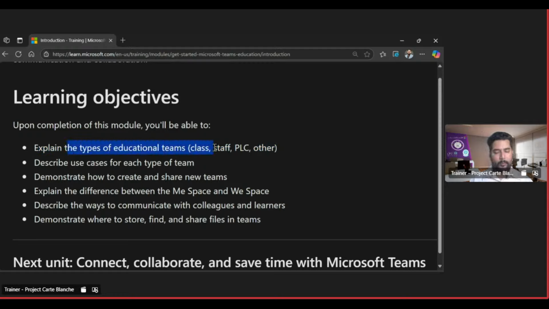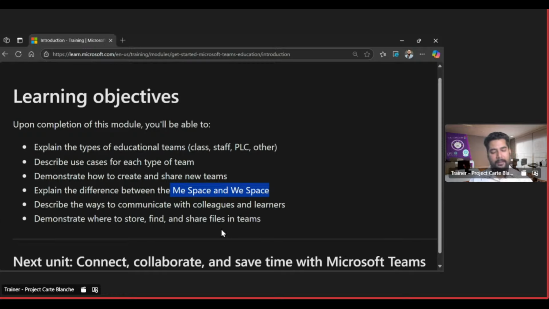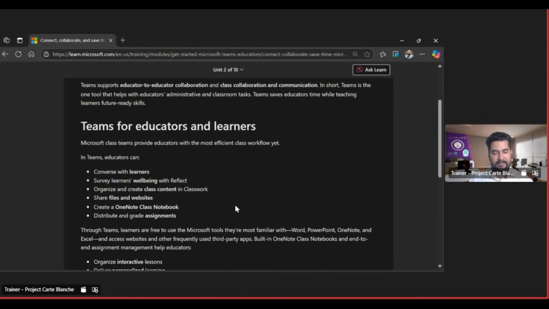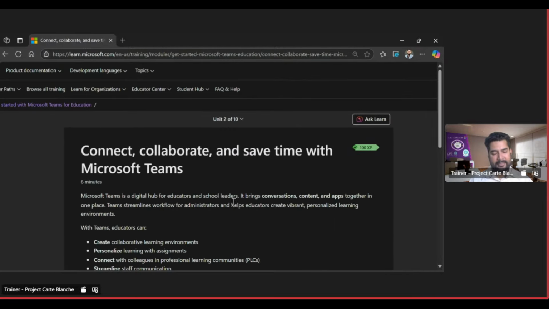It explains what the different types of education teams available are, what the use cases of each team are, when to use which team, demonstrates how to create and share a team, what the difference is between Me space and We space in Teams, describes the ways to communicate with colleagues and learners, and demonstrates where to store, find, and share files in Teams. If I click on next, it opens the first chapter, that means connect, collaborate, and save